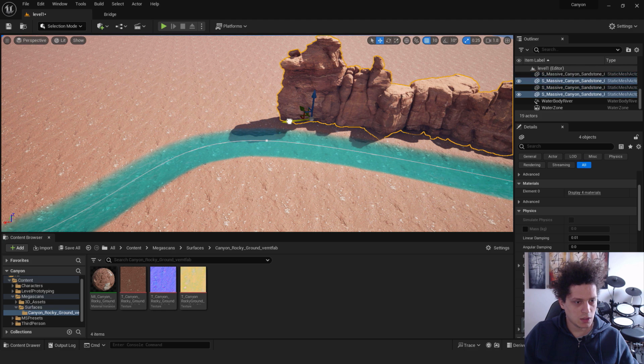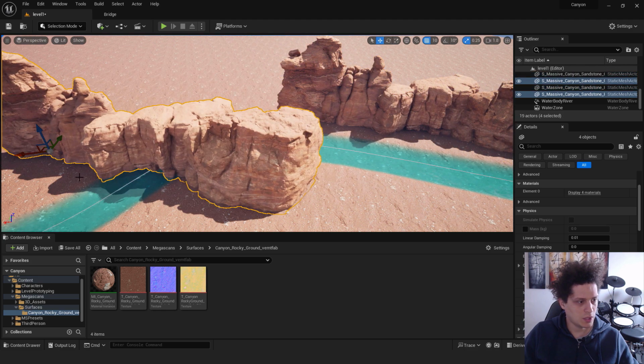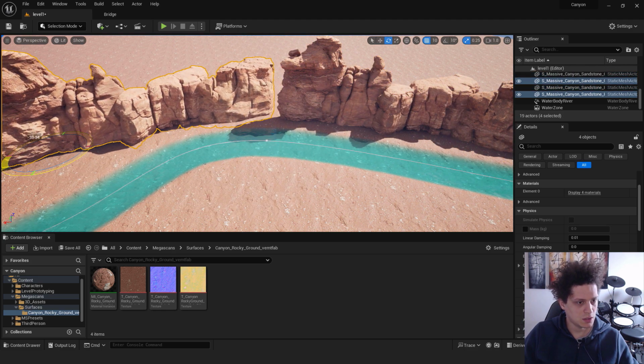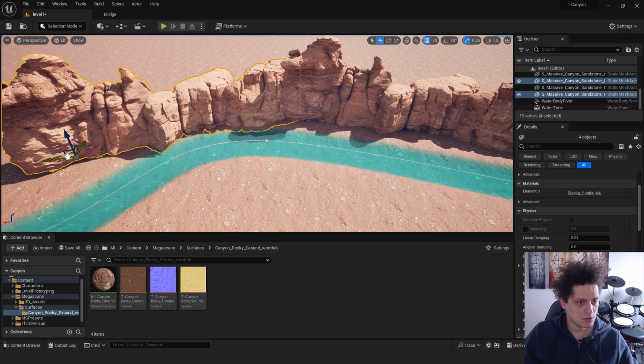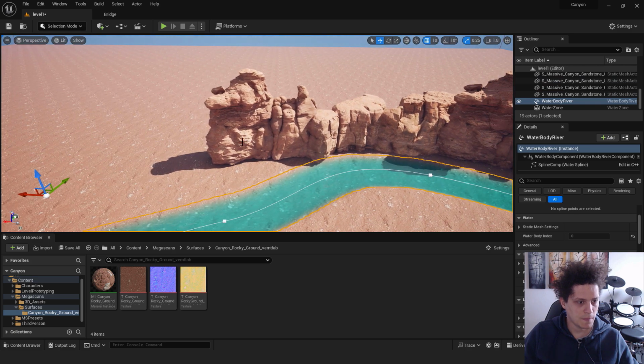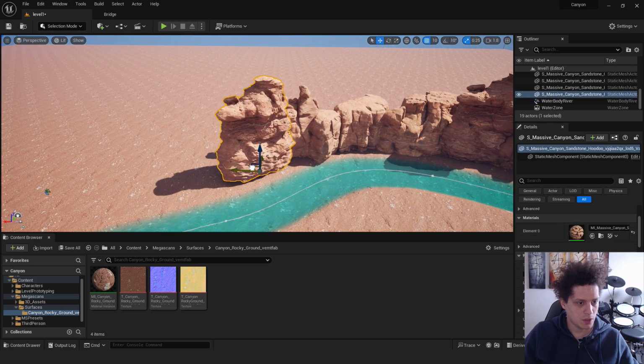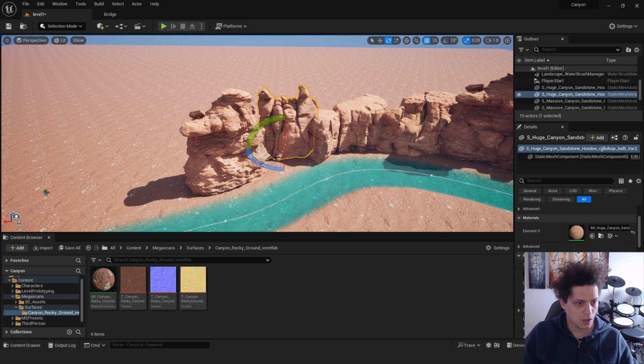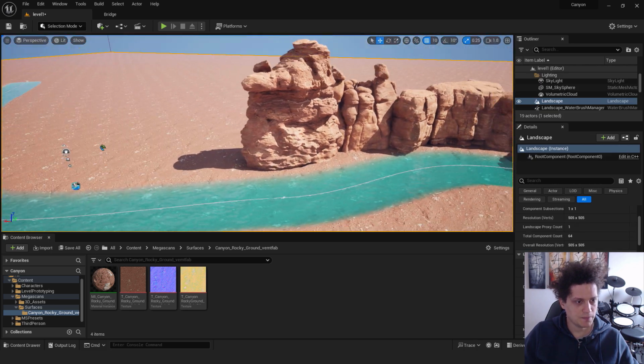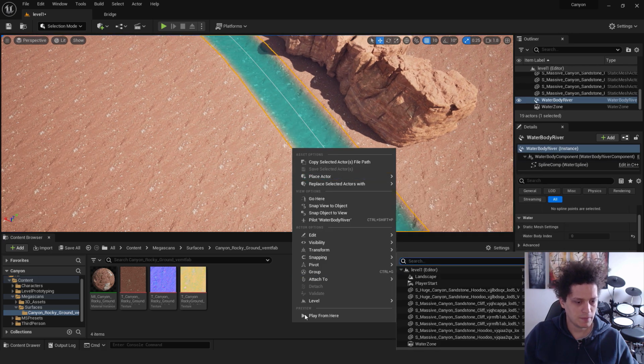And now just hold the Alt key and move this over here. You can rotate it. So we can make this faster. So just do it like this. And this one to be over here, and you can rotate this one over here, and it looks nice. Okay, let's check it out. If I hit play,